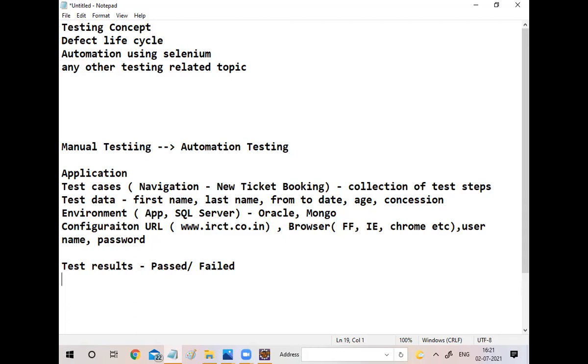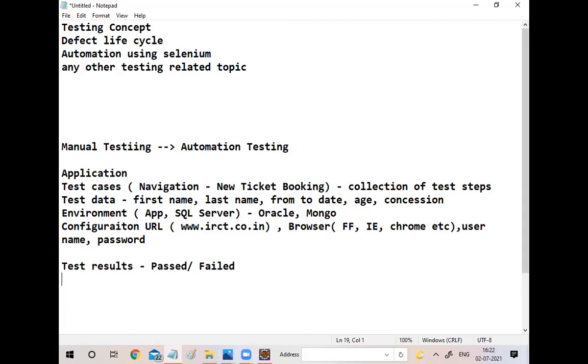Now suppose the test case fails, we are going to create a defect, and there will be a defect template. Every company follows some kind of defect template and you need to report the defect. If it passes, you mark it as passed.